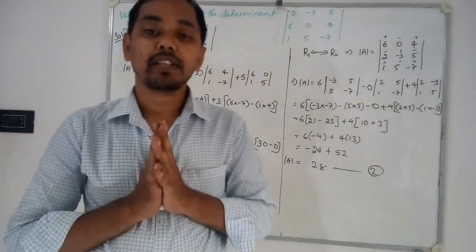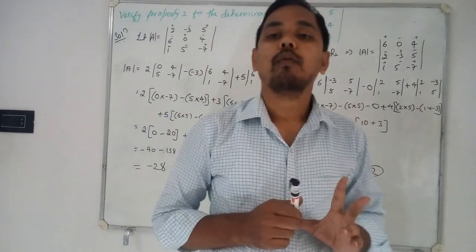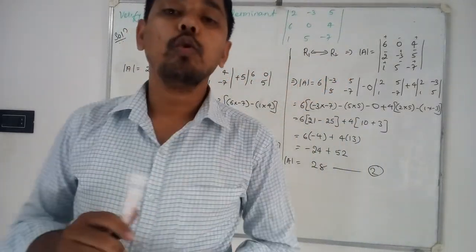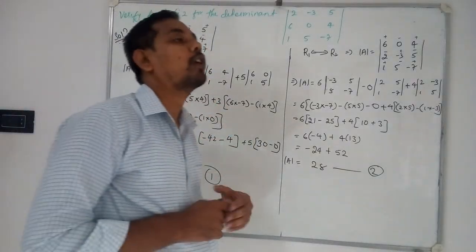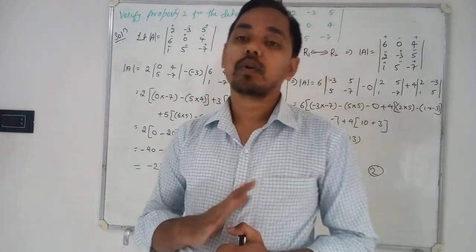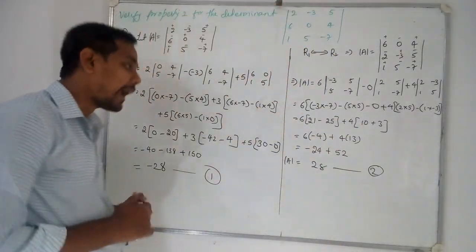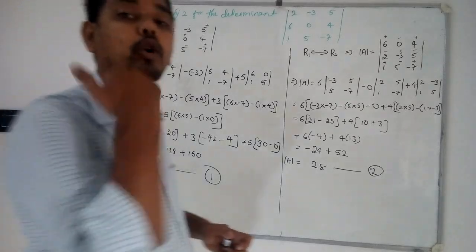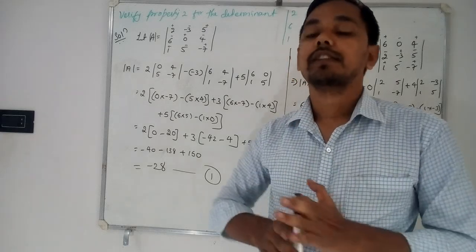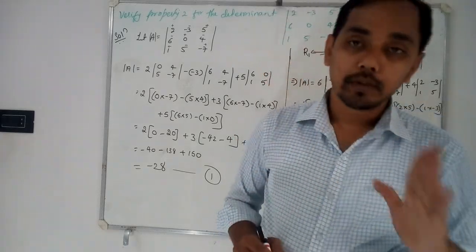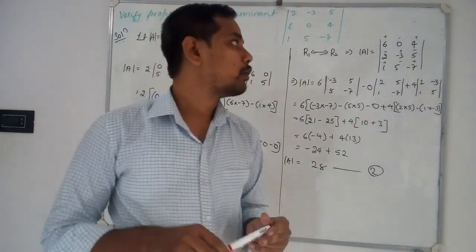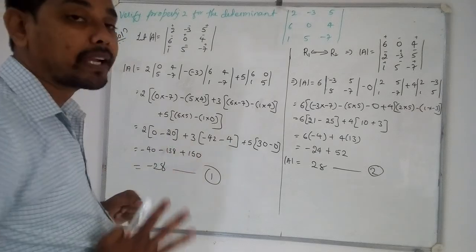So you should be very much clear about the properties, whatever are there. Right? First property is what? By interchanging two rows or by interchanging rows with column, what happens? The value of determinant will remain unchanged. Here, by interchanging row with row or column with column, the value of determinant will change. That is, magnitude remains same, sign convention will change. This is about the second property. So now what you need to do is, as usual, pause the video and make a note of this.